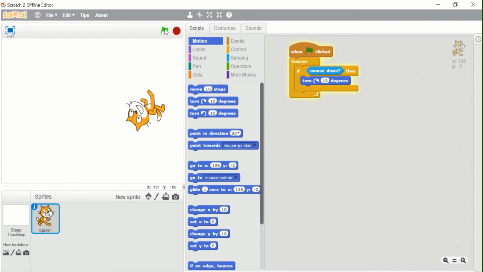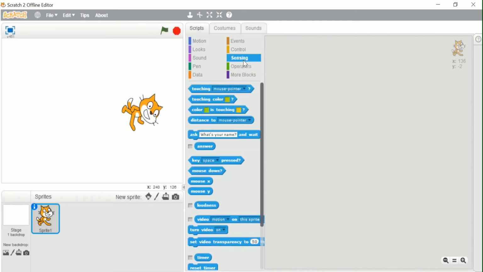Now if I click this, can you all see it was turning? Why? Because I clicked the flag button, and that was also considered a click. And now if I click anywhere using my left button, the sprite turned. So this is the use of this mouse down block.